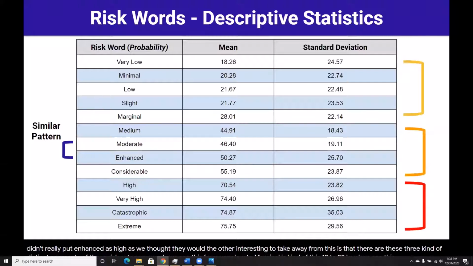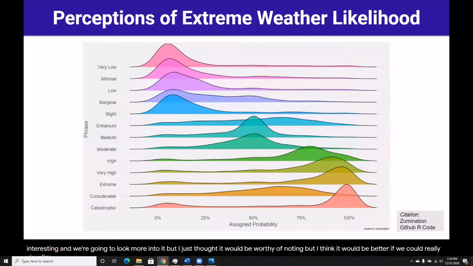We see this medium to considerable, which is kind of this middle level. And then we see this high to extreme level. So kind of these 3 different tiers, which is interesting, and we're going to look more into it, but I just thought it would be worthy of noting. But I think it would be better if we could really visualize this. And so that's why I created this visualization that really helps us understand kind of the perceptions of extreme weather